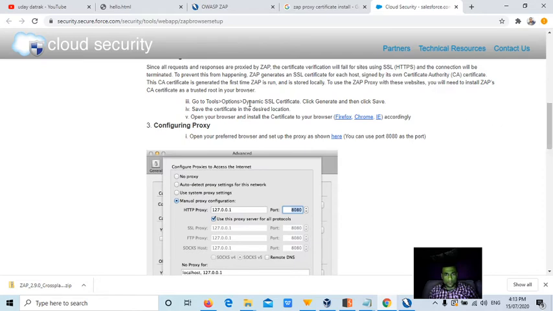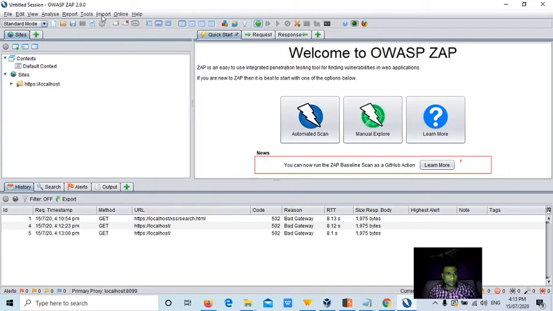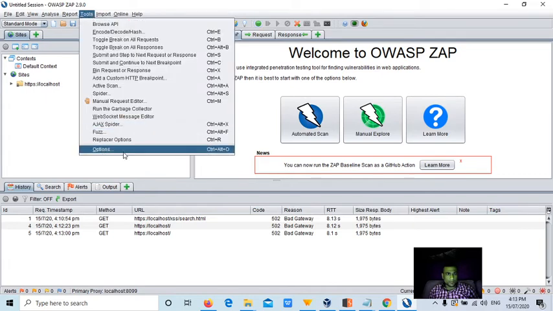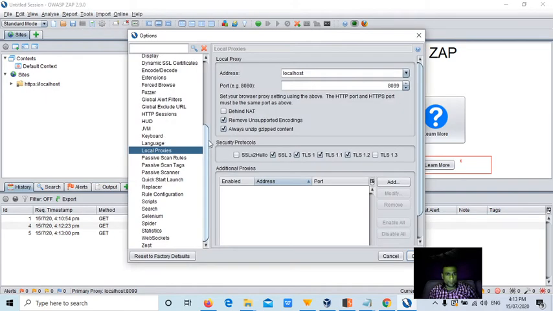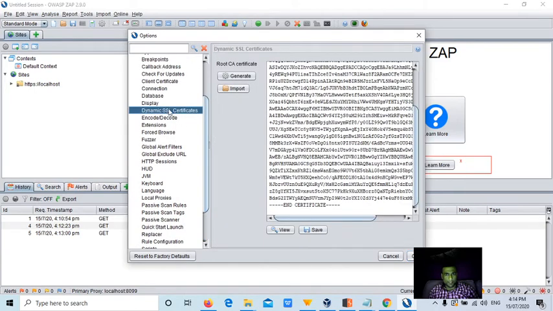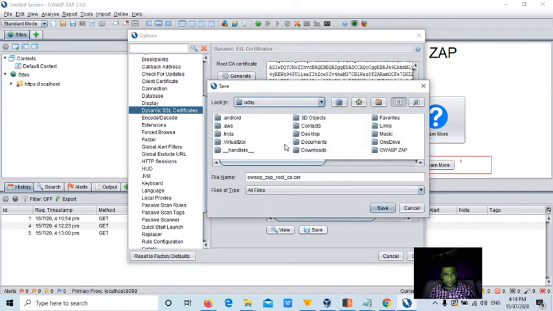Go to tools, options, dynamic SSL certificate. Click on save. It's a ZAP certificate, right guys?